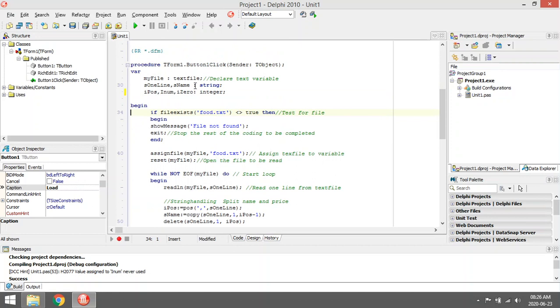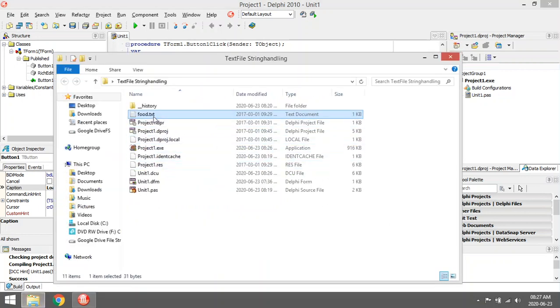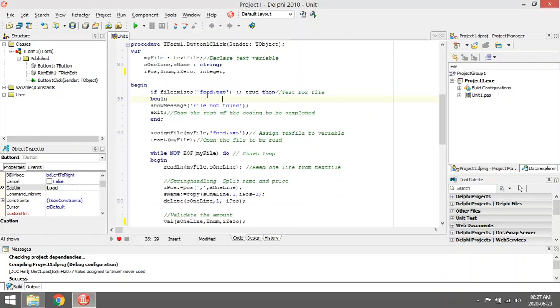First thing is I'm going to declare a new variable with the data type text file. Then I'm going to test whether the file exists, the foods.txt. I saved my text file in the same folder as my program. That just makes it easier, otherwise I must specify the path of the file, like C drive or wherever it may be saved. Remember, it's file exists,